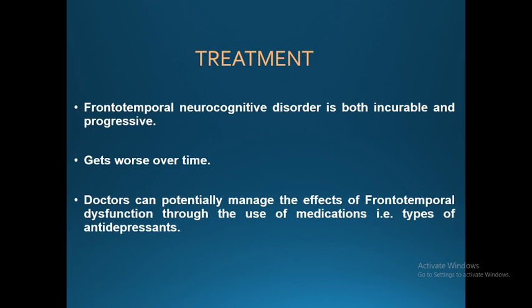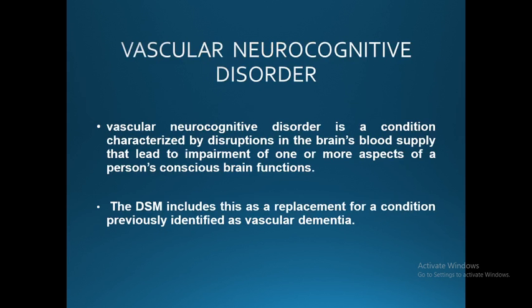Now, these things are, we said, chronic and irreversible. Most of them are chronic and non-reversible. So in such cases, it's very hard to stop the disease or bring it back to the normal level. But what we can do is control or slow the progression of the disease. These things get worse over time. Right.